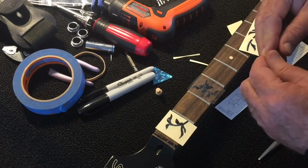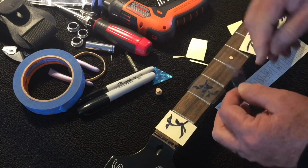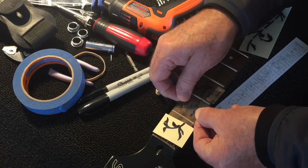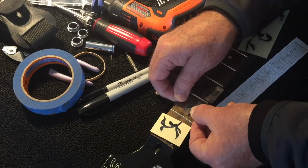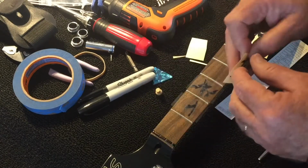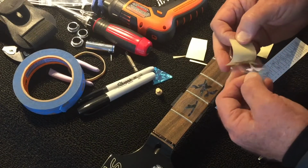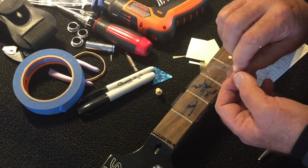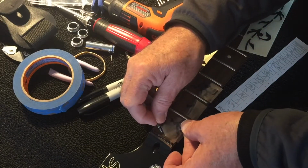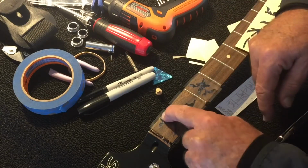Usually these touch right at the frets, but on the bass here where it's set a little bit wider on the frets, you're not going to have that kind of a luxury. You're going to be a little bit further apart. And that final one, this one will lay right on the fret also, or maybe we'll put it away a little bit so it looks like it was intended to be that way, spaced a little differently. So we'll space it to line up with the end, but we'll move it up the,